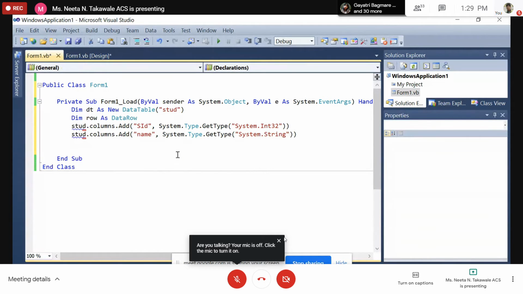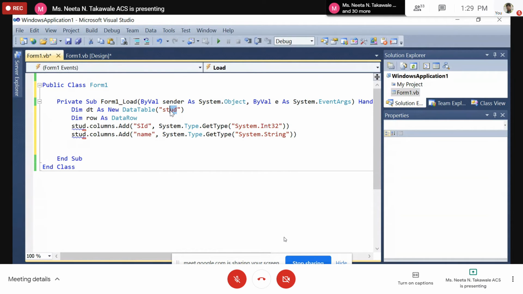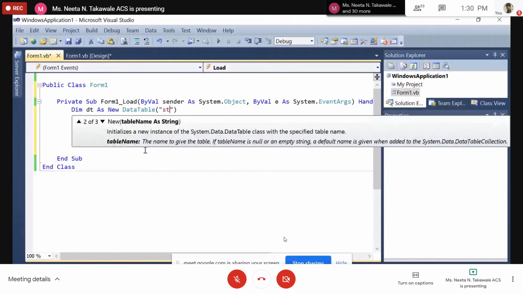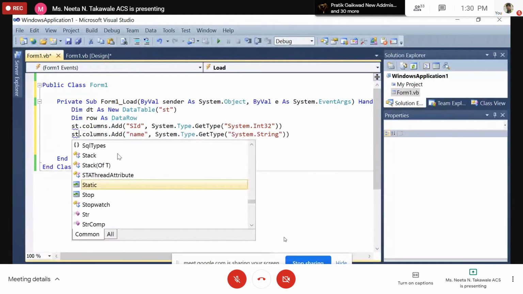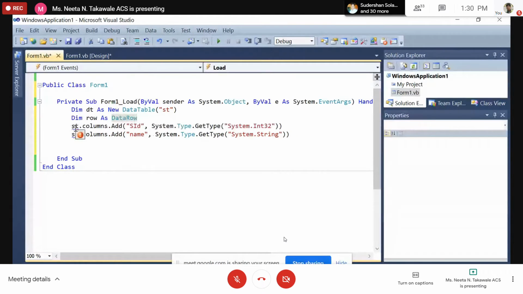The name. Okay, we'll take another ST as the name. Let's see. It is showing an error message.